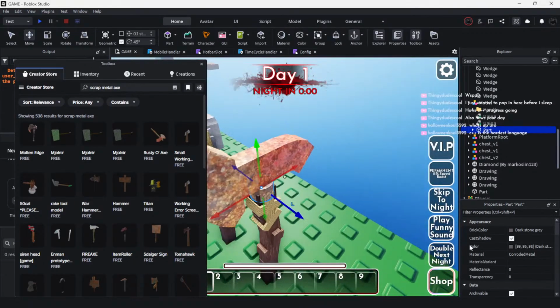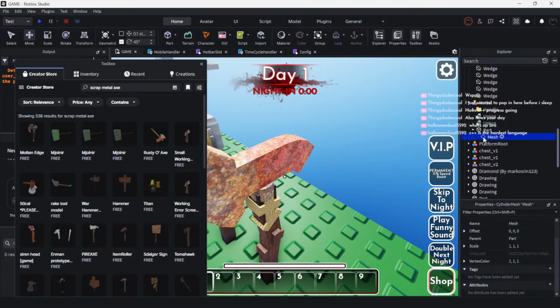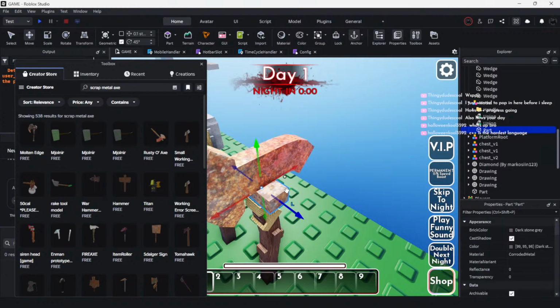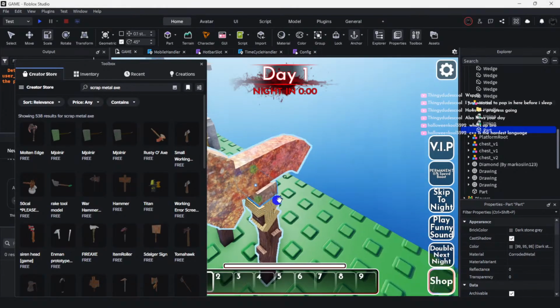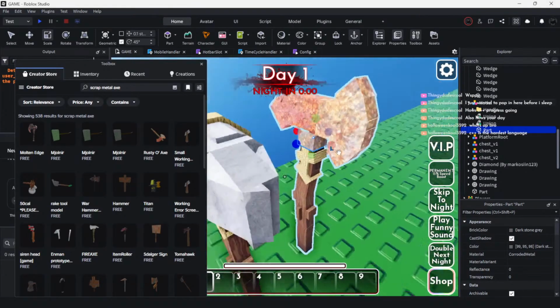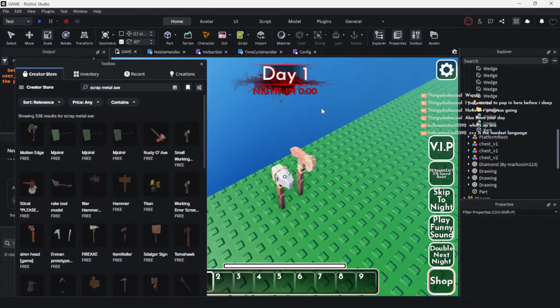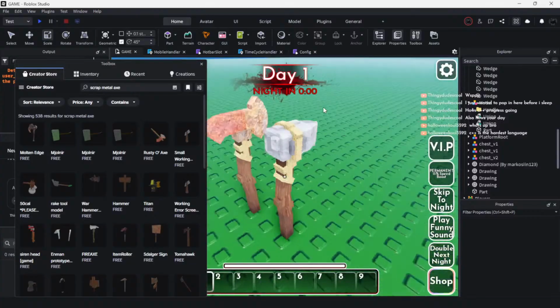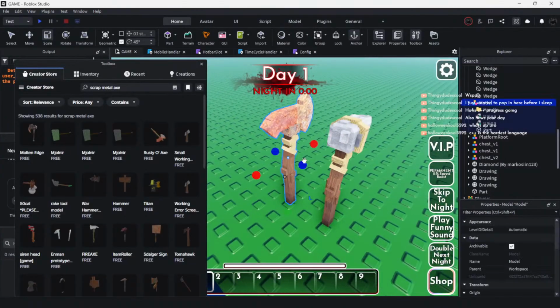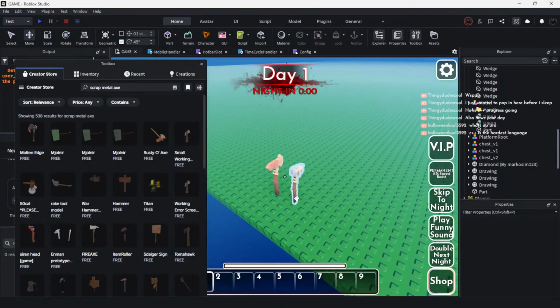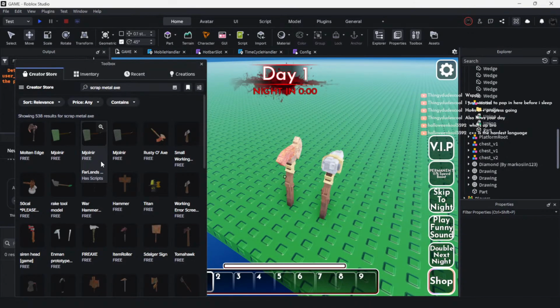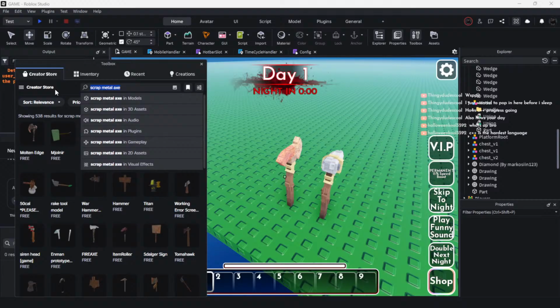Let's change the material on this part so it's a... Wait, what? Mesh. Delete that. So there we go. We got stone axe, scrap metal axe. Now we just need a metal axe. Which we could probably just pull this